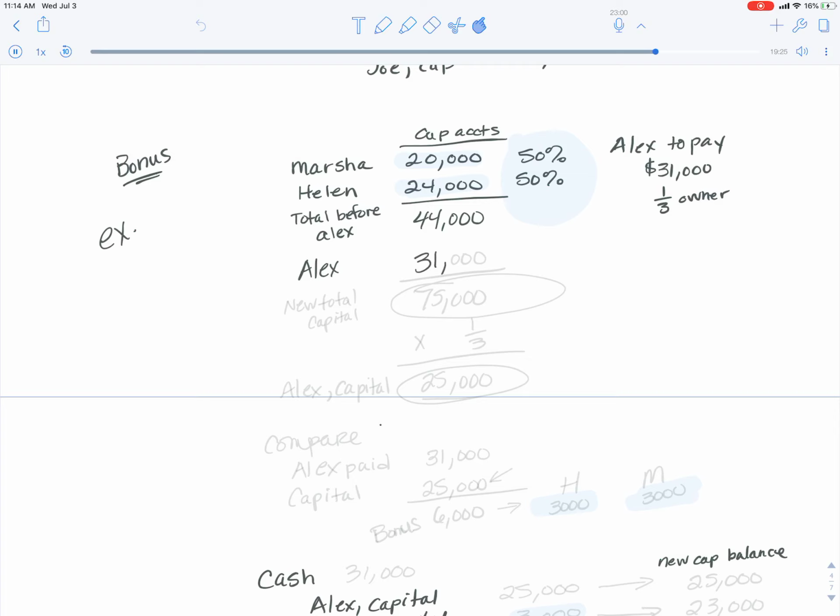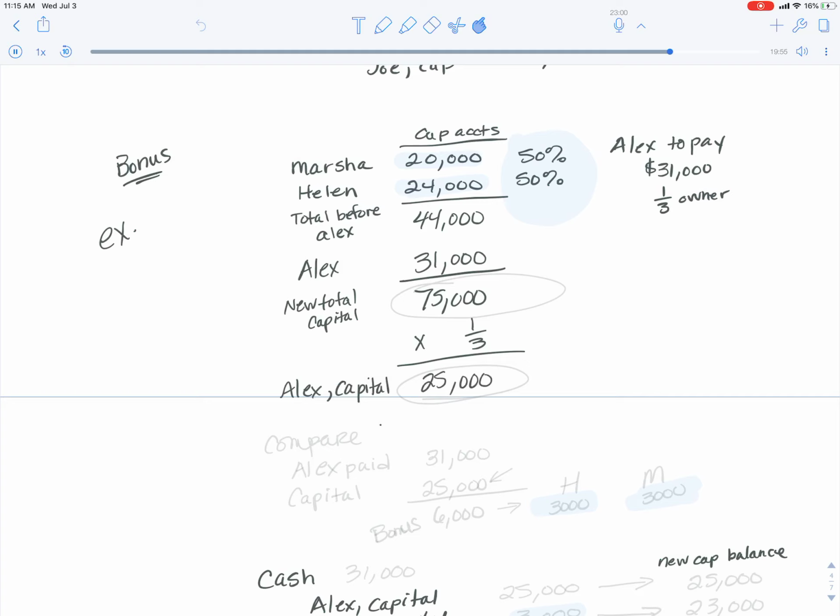And so we're going to be adding $31,000 to total capital. So this is our new total capital of $75,000. Well, we're only going to let Alex have a third of that. So we'll multiply that times 1/3, and we'll arrive at what we're going to put in Alex's capital account, which is